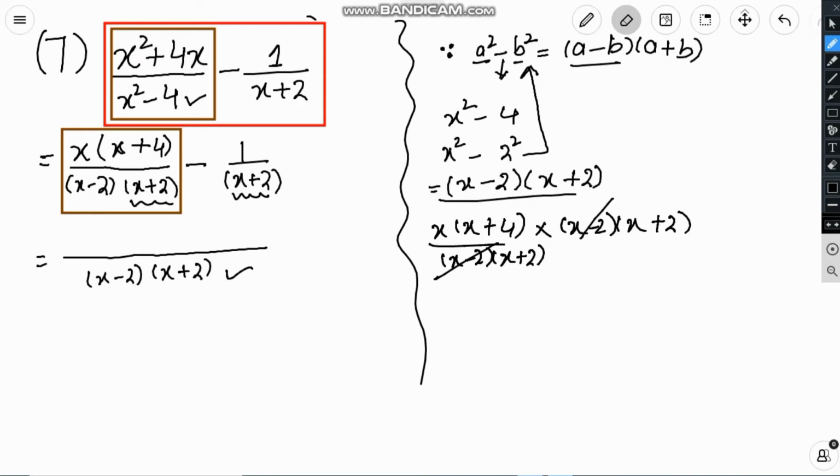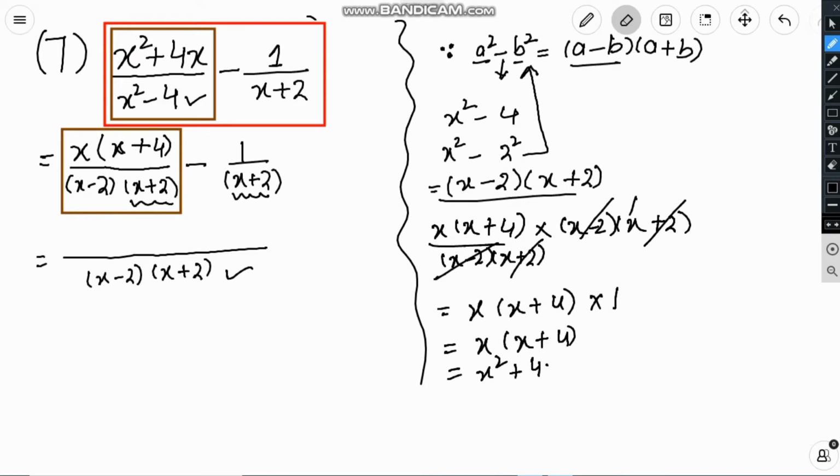x minus 2 is cancelled with x minus 2. You can also cancel x plus 2 with x plus 2. So what remains here? x into x plus 4 multiplied by 1 gives you again x into x plus 4. So just make it more simple. Multiply x with both x and 4, then it becomes x square plus 4x. So just write x square plus 4x here, minus take your second